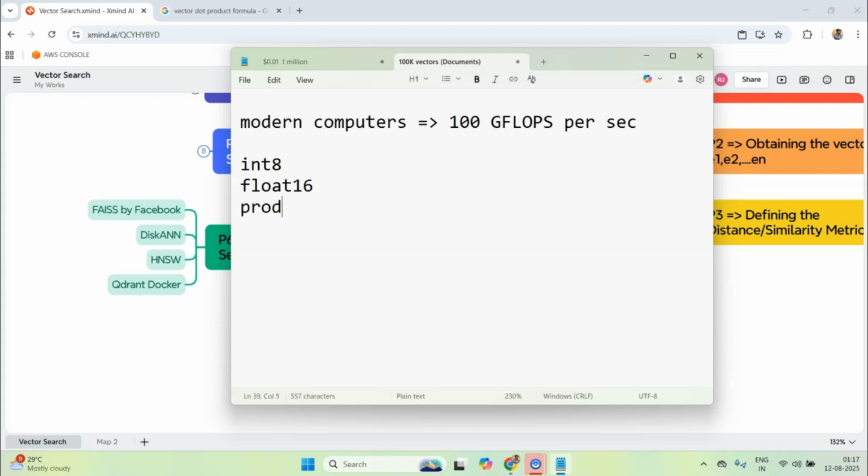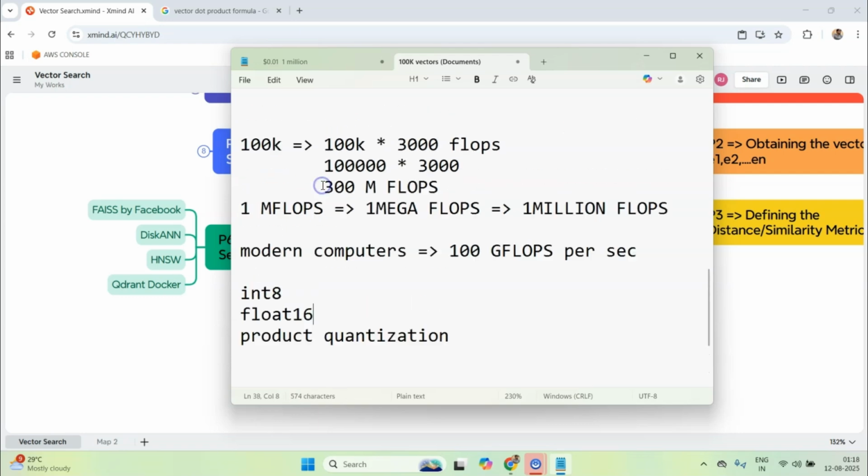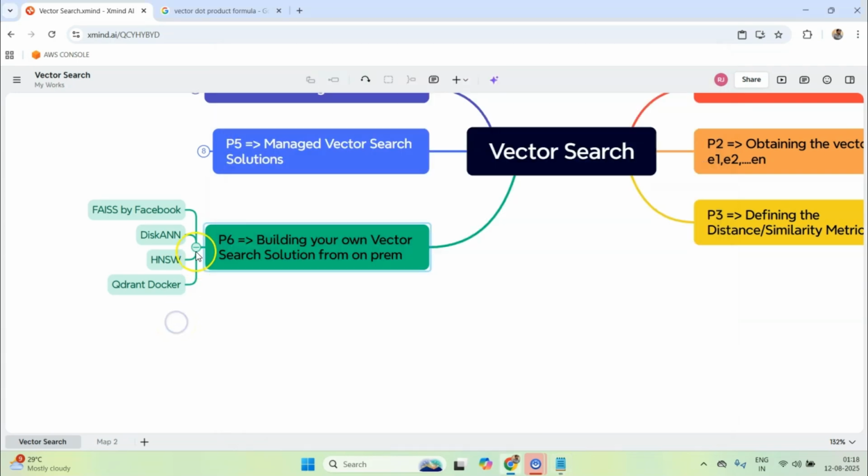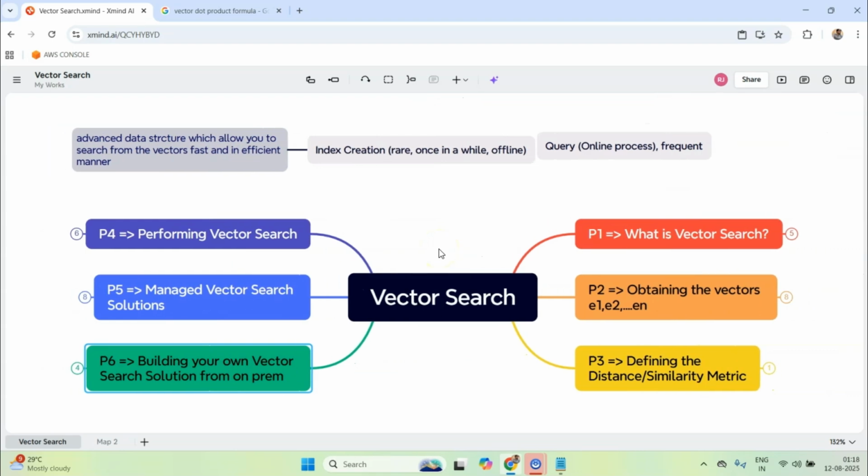And then there is a much more aggressive quantization, which is known as product quantization. All these techniques are basically there to help you reduce the load of the vectors, so that you can efficiently and effectively load them into RAM to search. Okay, and it's all about the trade-off between accuracy and speed, because if you want to be really accurate, you don't want to do this quantization, but then you won't be able to serve your customers in a quick manner, right? So you need to be aware of these trade-offs.